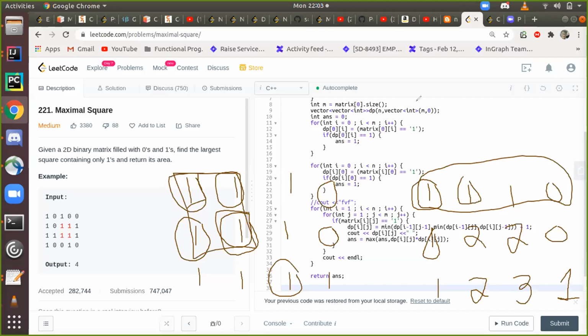But the total square count is coming as 9. The answer should have been 4, right? So how do you convert to that? Yes, because this matrix is three by three, that's why the answer is 9. There the matrix size is 4. Oh yes, in this case the area is 9. Correct. Both matrices are different. True.